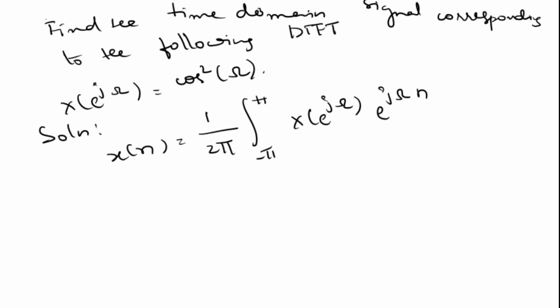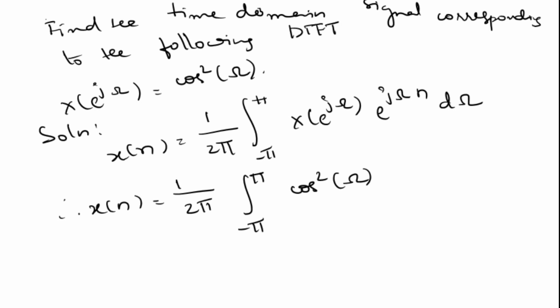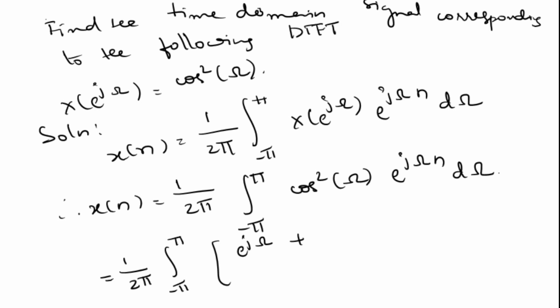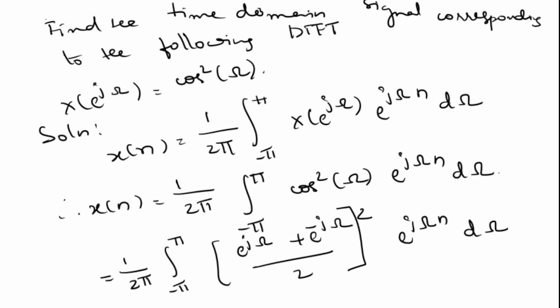Therefore, x of n is equal to 1 divided by 2 pi integration minus pi to pi cos square of omega into e power j omega n into d omega, which is equal to 1 divided by 2 pi integration minus pi to pi e power j omega plus e power minus j omega divided by 2 whole square into e power j omega n into d omega, which is equal to 1 divided by 8 pi integration minus pi to pi e power j2 omega plus e power minus j2 omega plus 2 into e power j omega n into d omega,